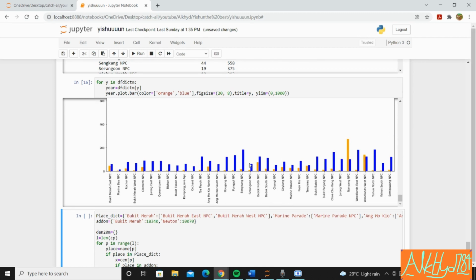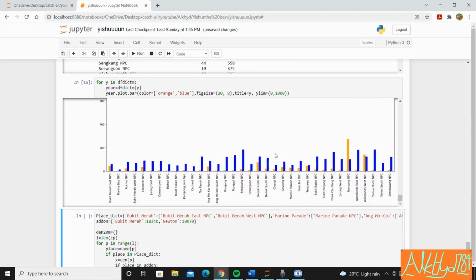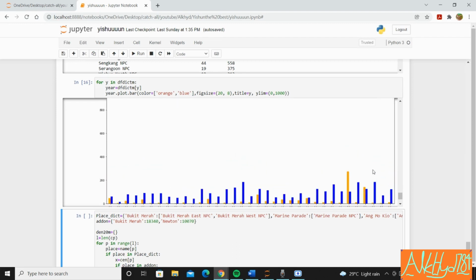Okay, never mind. As I said, the scale is the exact same in all of these graphs. So if the bars are decreasing, it means that the number actually does decrease. If the bars are increasing, it means that it's actually increasing. So yeah, as you can see, Yishun has a pretty high number of cases actually,